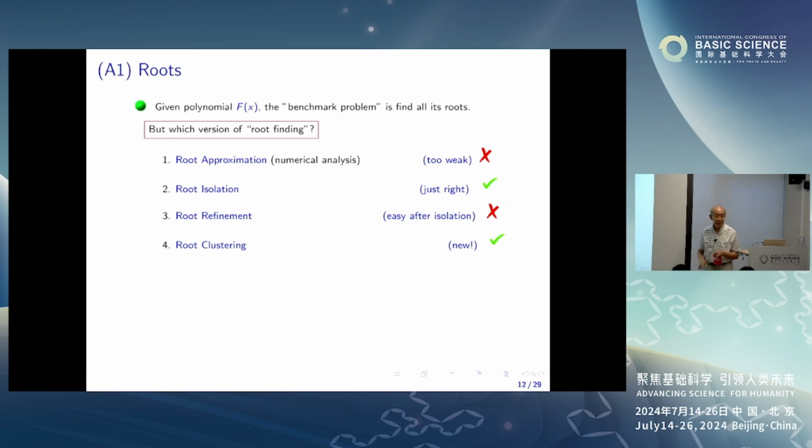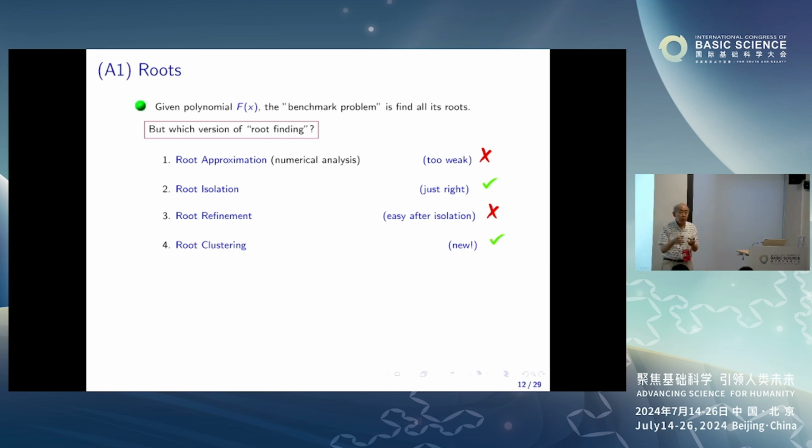But there are a lot of other things, of course, we don't know. And while numerical analysts usually talk about numerical approximation, just says to compute to epsilon. But if two roots are very close, are closer than epsilon, you really can't distinguish them. You don't know, is it to the left or right of each other, or are they really the same thing? So it's too weak. And people in computer algebra and exact computation like this, that I think is an absolutely correct notion called root